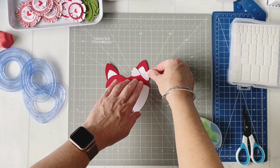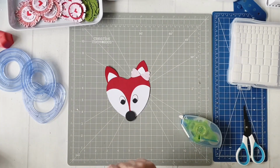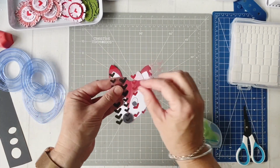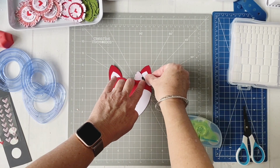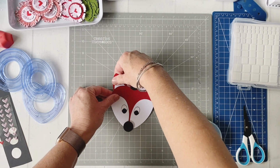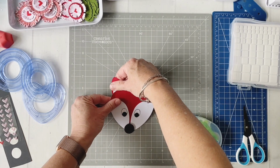Because what fox hasn't got a bow? Has any fox got a bow? You know my rule, if it looks cute, it doesn't need to make sense. I'm going to use actually one of the black heart stickers just to make sure that really stands out. You could add little flowers too if you wanted to. But that finishes